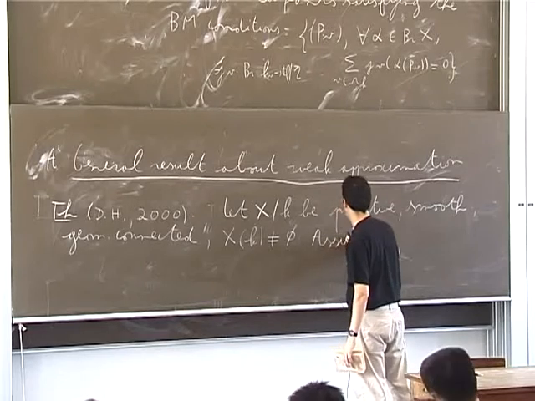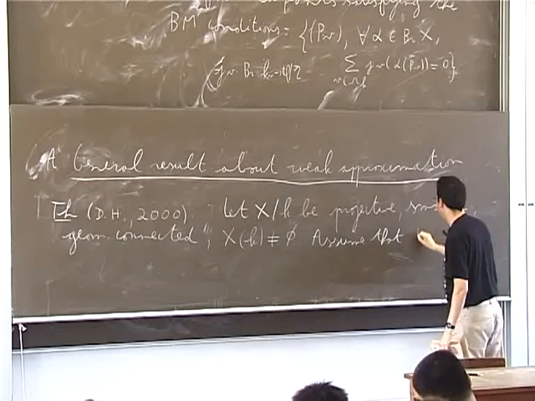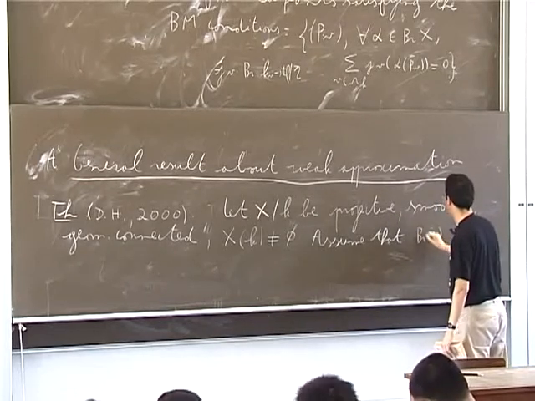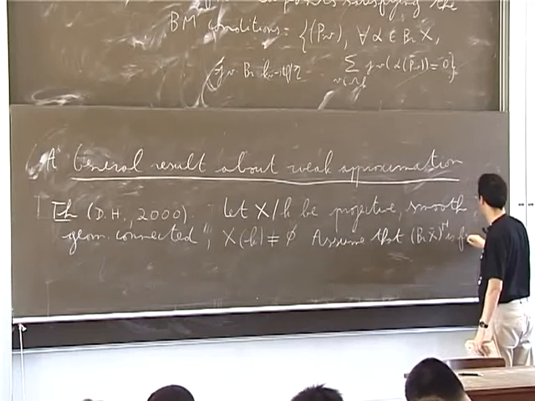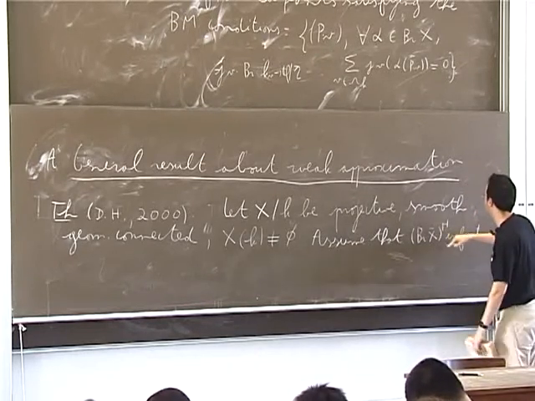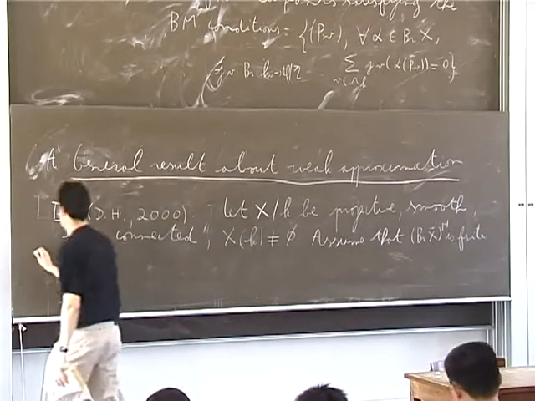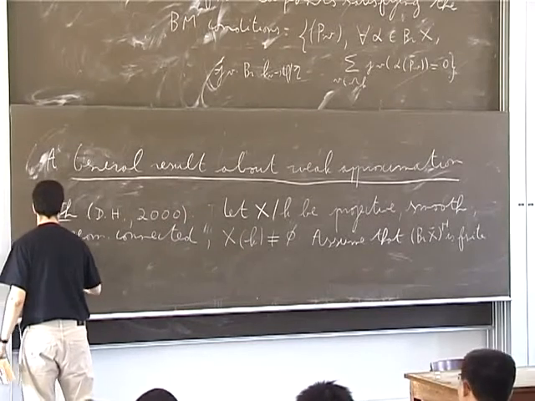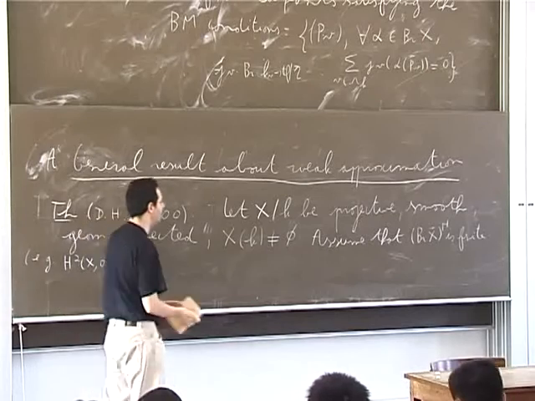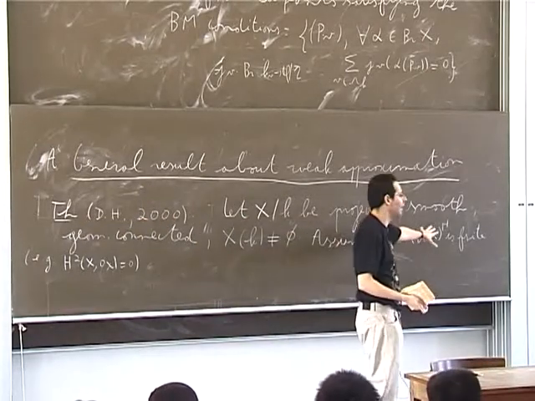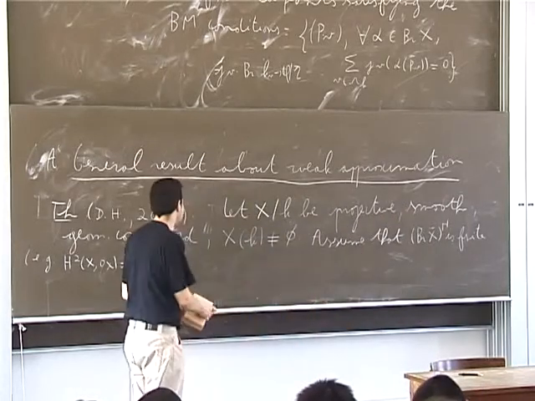Now I have to make geometrical assumptions. Assume that, well, let's say, the Brauer group of X-bar invariant by Galois is finite. So Gamma is the Galois group, and X-bar is X over k-bar. For example, this is satisfied if H2 of X, O_X is 0. Well, probably you could prove this in general if you assume some conjectures by Tate.